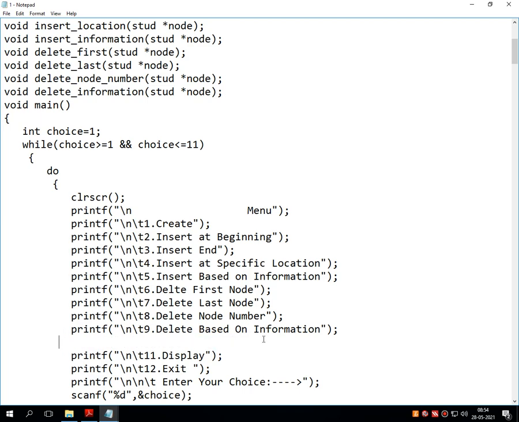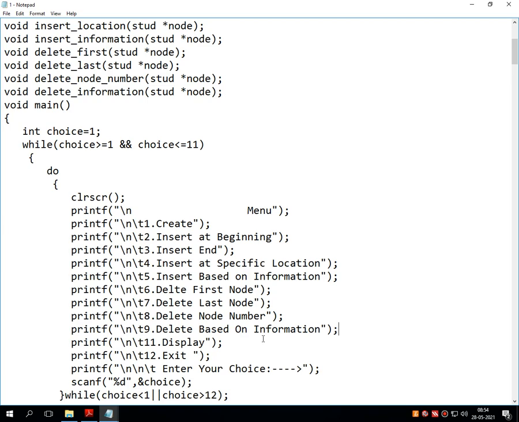Let's remove this from the menu also. You can consider this 11 as a 10 and this 12 as a 11. And even if you keep the same thing over here, then no problem at all. Then there is the designing of the menu.